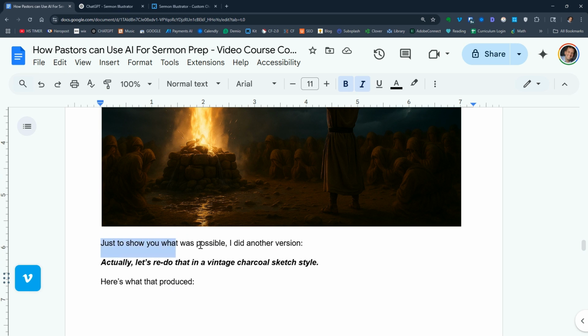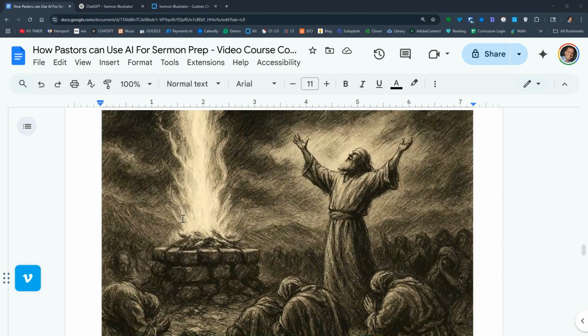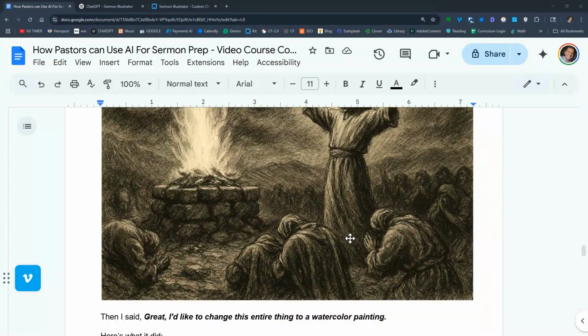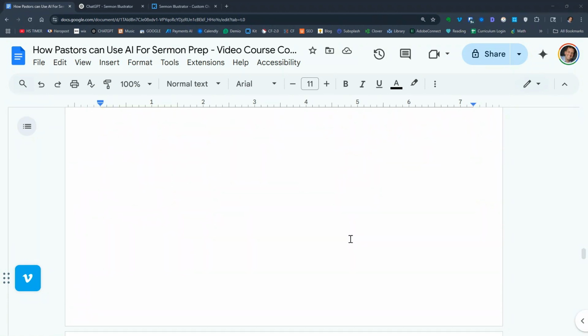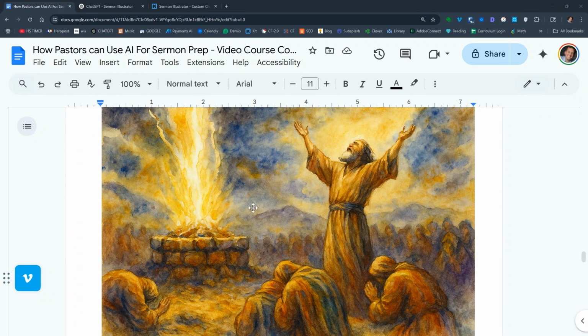Now, just to show you what's possible, I actually did another version. I said, great, let's redo that in a vintage charcoal sketch style. So here's what that produced. All right, so here's your vintage charcoal. You see the lines and the charcoal. It's really cool. Then I said, great, I'd like to change this entire thing to a watercolor painting. Here's what it gave me. All right, so it's this classic watercolor,